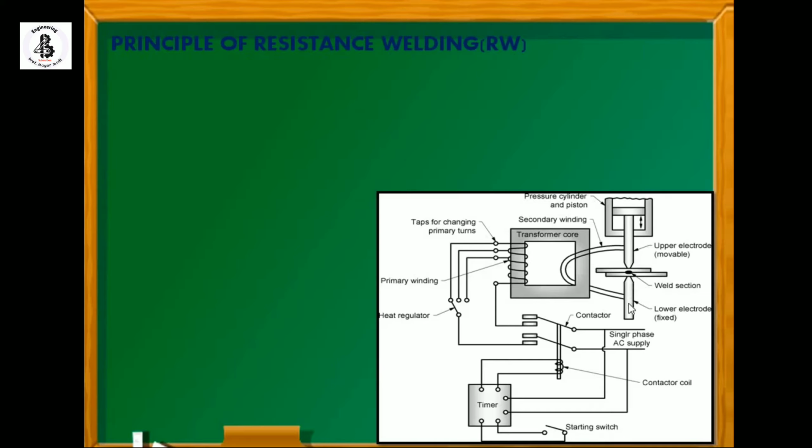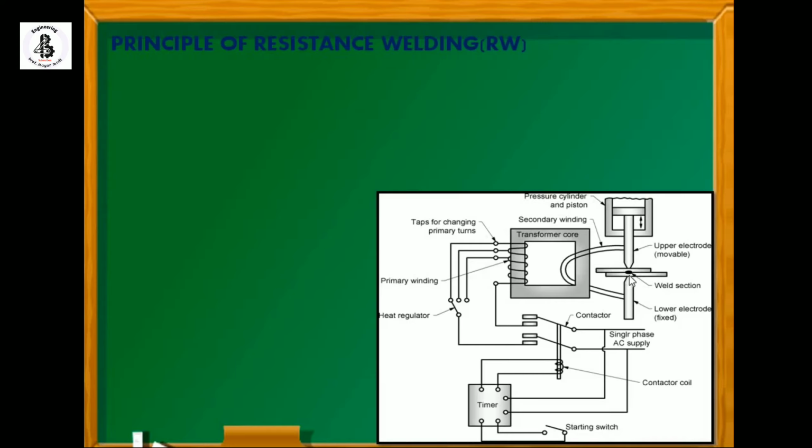So what happens after the passing of the current? These two plate materials now act as a resistance to the flow of the current. So what happens at this resistance? You can see at the black portions there will be the maximum resistance, and that will be the surface between both the plates. By this resistance there will be an increase of the temperature, and due to the increase of the temperature at this area, what happens?